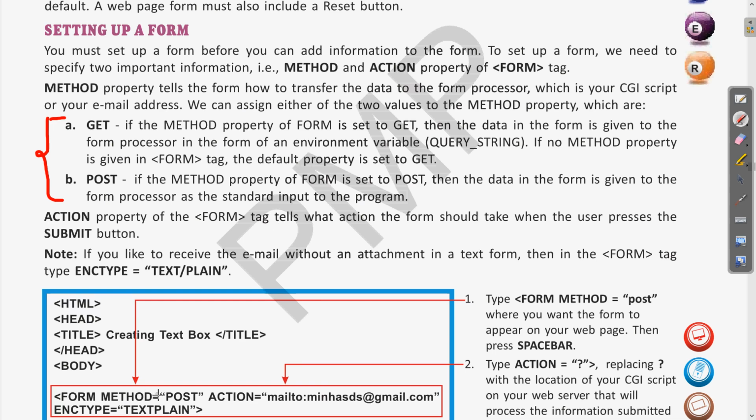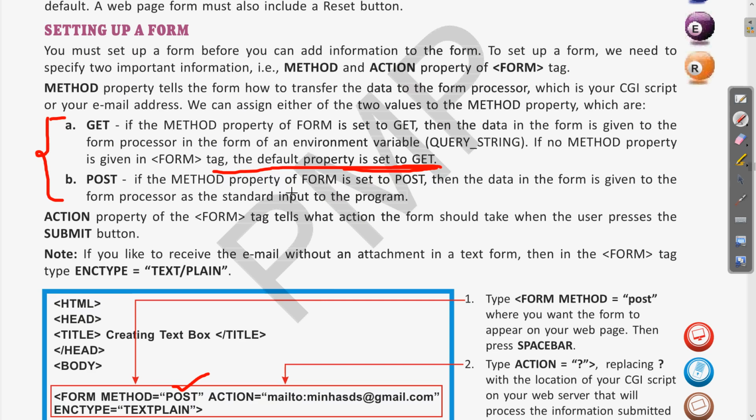So if we write post or get, that can be done, but if you don't specify any method, by default it will assume the get method. So the default method in the form tag is get.